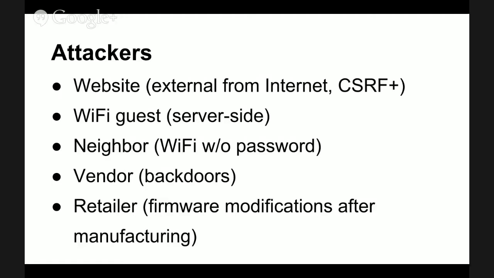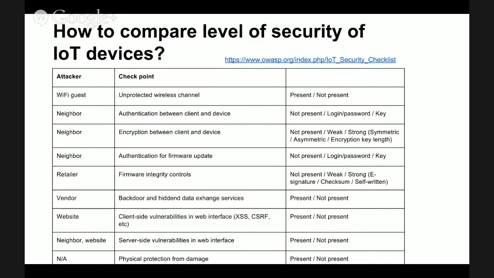And the next group is a vendor which can put backdoors in firmware, and the last group is retailers and delivery companies and others which can try to modify firmware after manufacturing, before this endpoint and customer device came to the customer. So I think the most important slide for my presentation is this slide, and also put it to